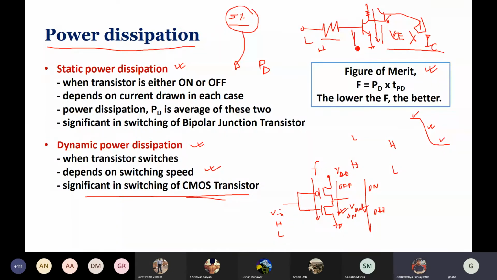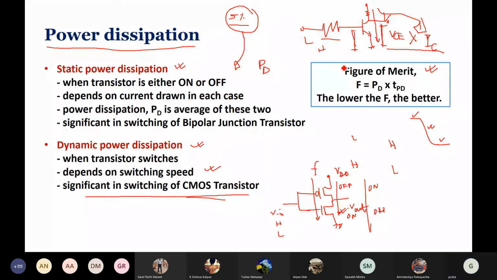Okay, so you can see that these are two competing things from a design point of view. On one hand, you would like to reduce the propagation delay so that the speed of the operation increases, and you can use it for high speed performance. Lowering propagation delay is desirable. If you do not completely change the design architecture, one way to do that is reducing the transistor value by a small amount without disturbing the circuit at large. But then that will increase the power dissipation.